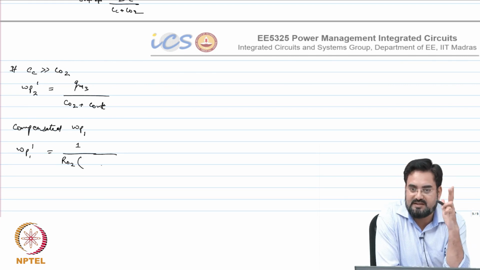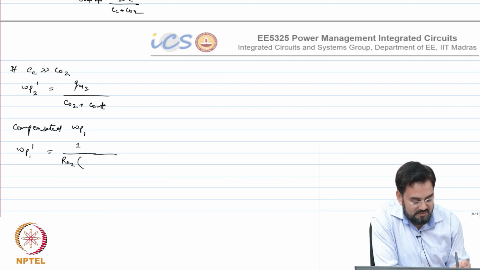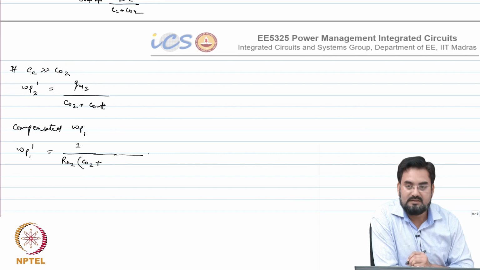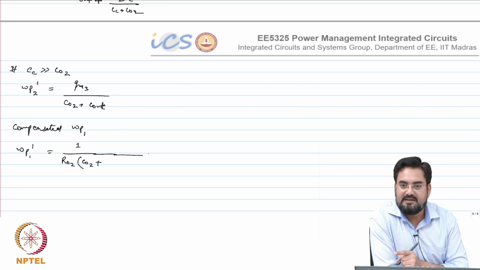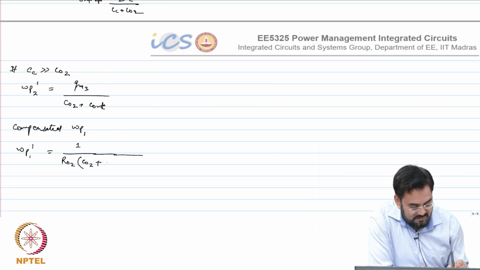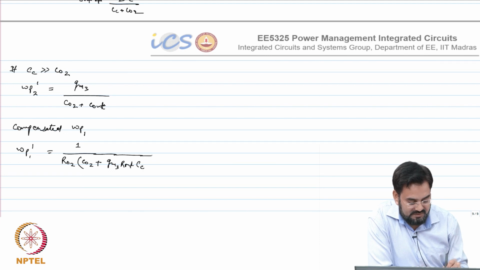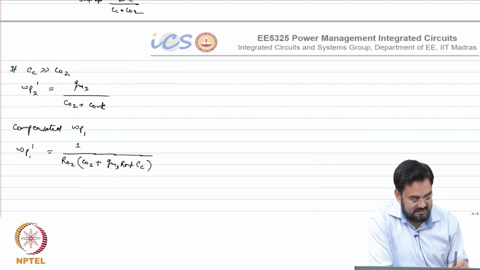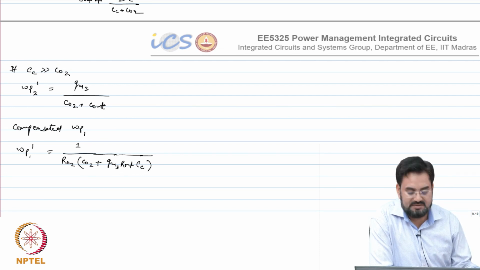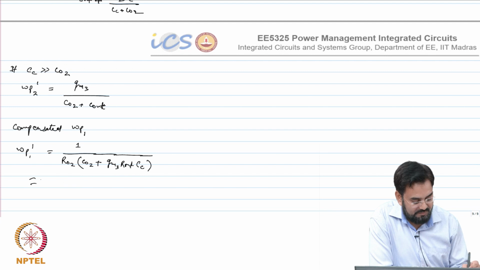You have two caps there: the original CO2 plus the gain multiplied by Cc. So, what is the gain? Gm3 R out. Cc, and since this term is much larger, I can ignore CO2, which I can approximate as